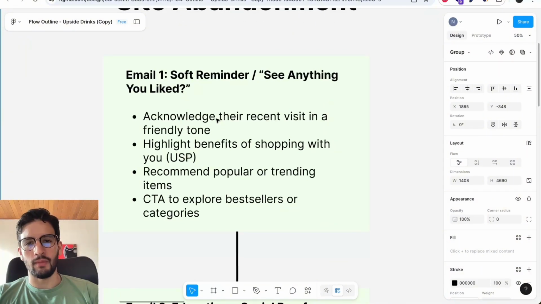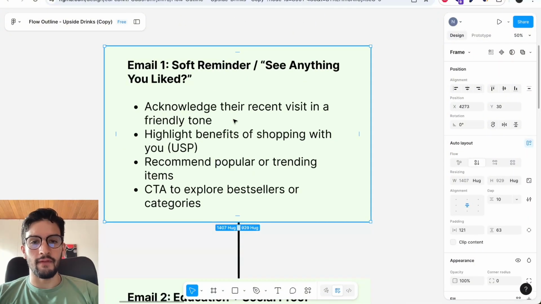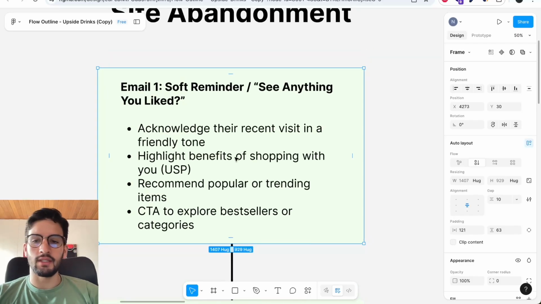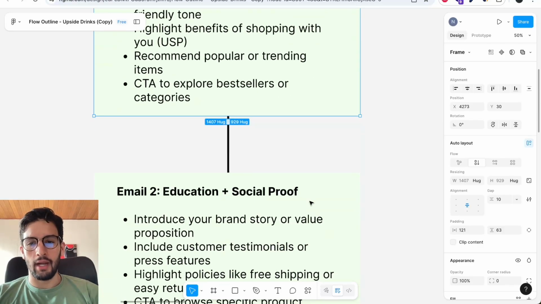First one is a soft reminder: see anything you liked? Acknowledge their recent visit in a friendly tone. Highlight benefits of shopping with you, unique selling points. Recommend popular or trending items, and a CTA to explore bestsellers or categories as well, right? Second email,